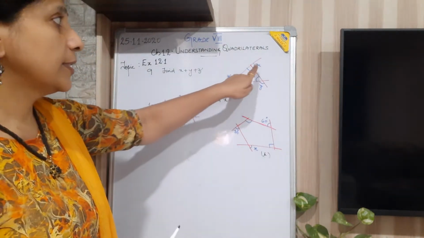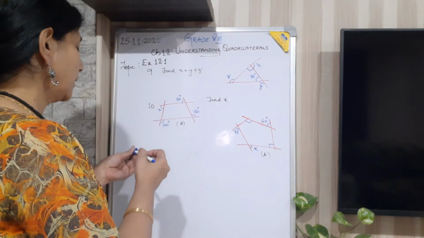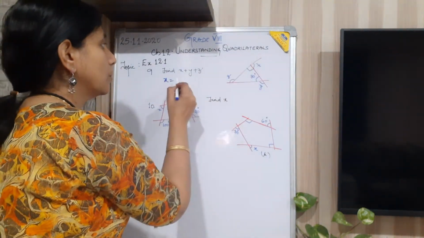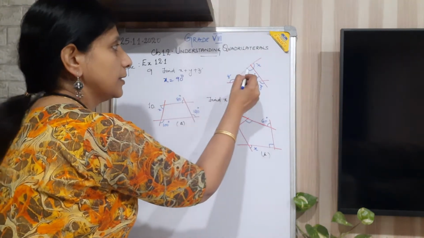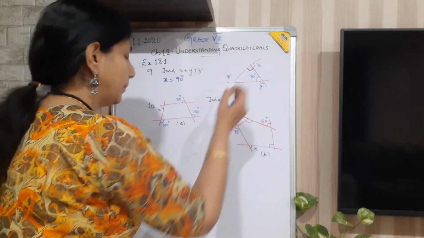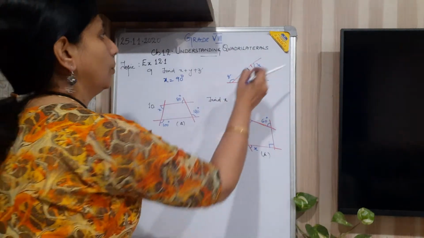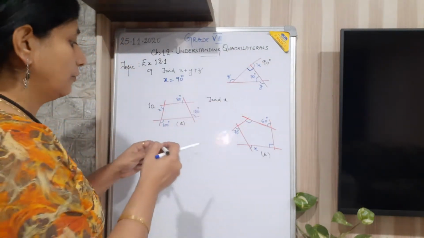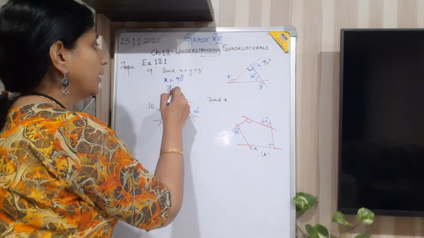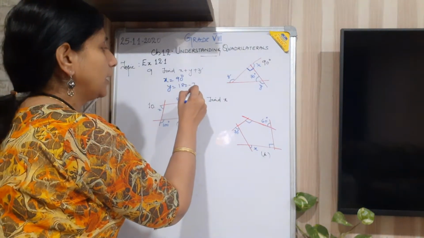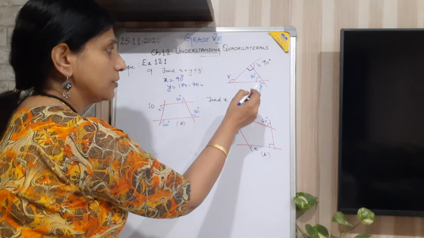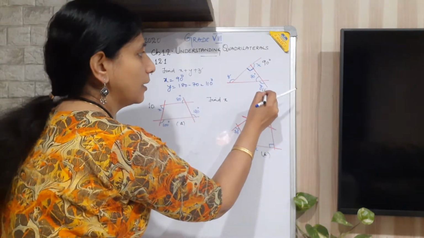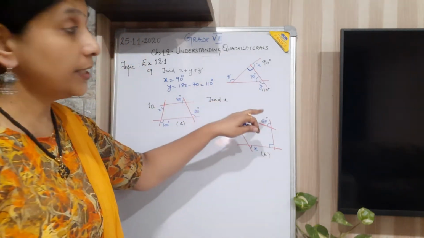Now this is an exterior angle, and this one is, so x is, this is a straight angle, so x is 90 degree because this sign is 90. So here x will be 90 degree. Okay, now you got x. What about for this one? For y, y is equal to 180 minus 70, because this is a straight line. So 180 minus 70, it is 110 degree. So here it is 110 degree. 110 plus 70 is 180.